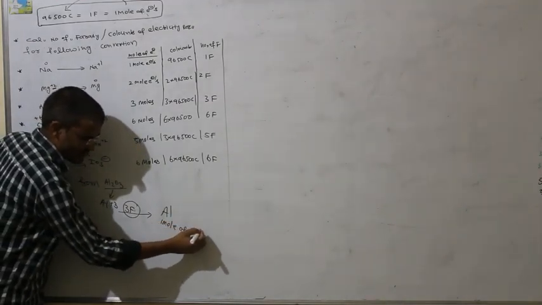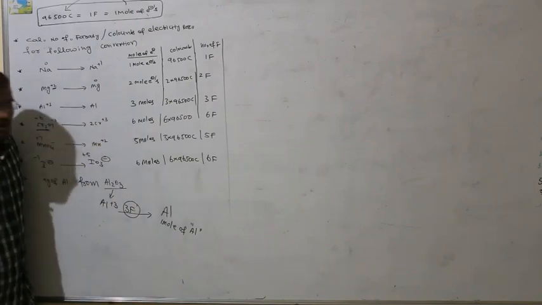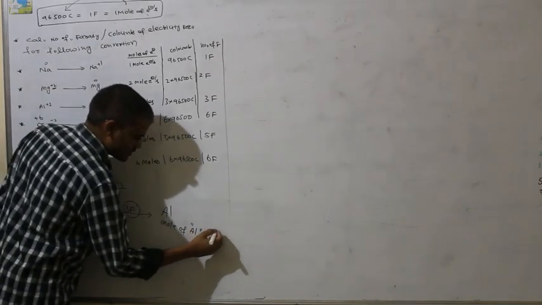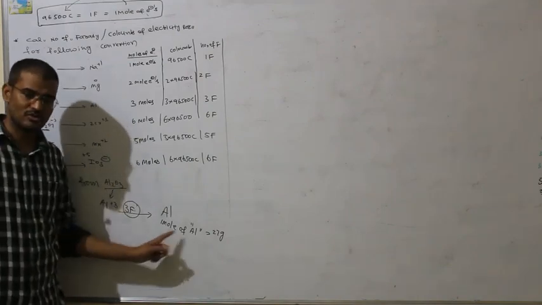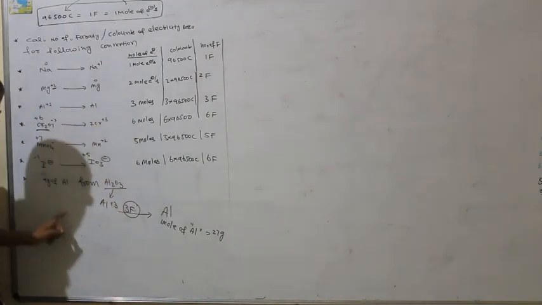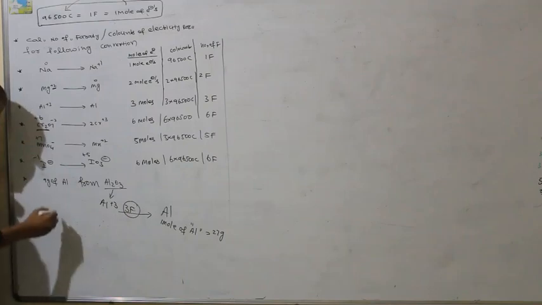It deposited 1 mole of aluminium. 1 mole of aluminium is equal to 27 grams. But how many grams do we need? 9 grams. So what can you write here? 27 grams required